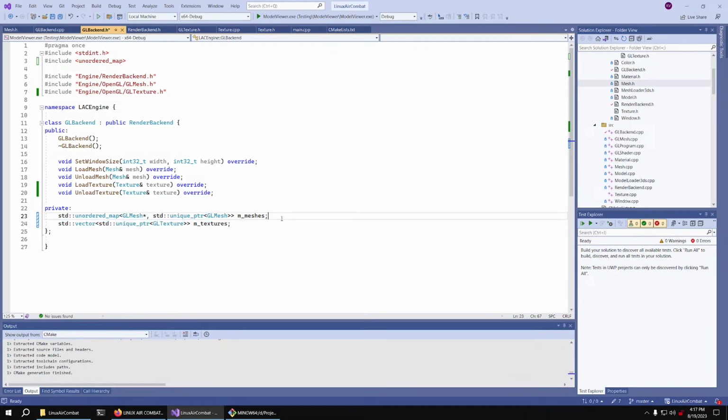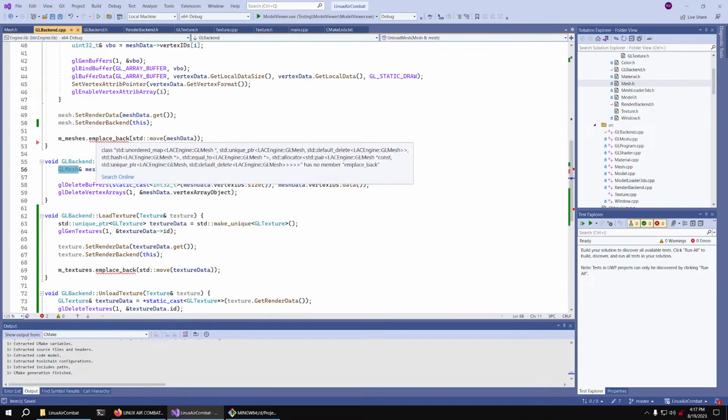Now that seems incredibly dirty. Like, this does not feel like a good way to actually get this functionality, especially because unordered map isn't actually all that fast. But I can't think of a better way to do it right now. So instead of emplacing back,